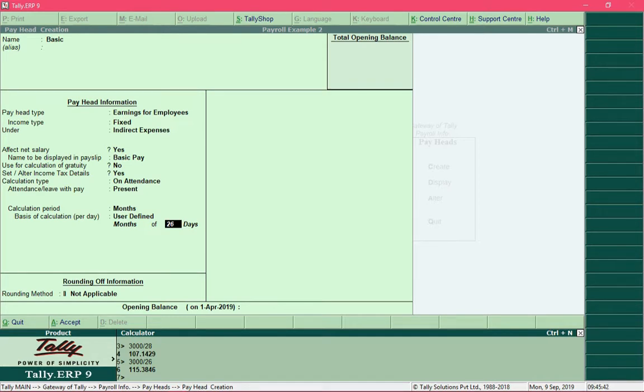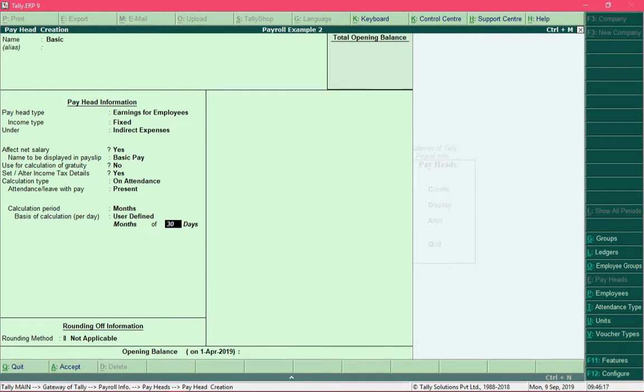So that's how the user defined basis of calculation works. And depending upon the organization, you can define the number of days, like a month of 30 days. So you can define the periodicity of calculation per day. And for our example, I am going to use the number of days as 26 days and press the enter